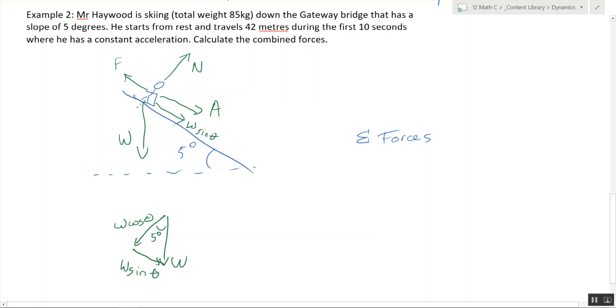We've got one that's in the opposite direction of normal, W cos theta. The force parallel to the plane, it doesn't actually matter. As long as it's parallel, you can do it either down or up, as long as you do it correctly in your sum. So the i's, we have